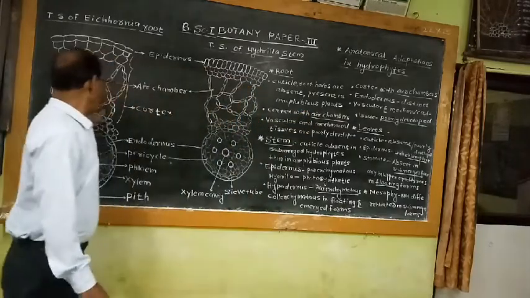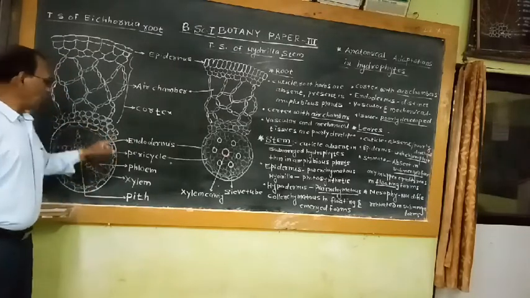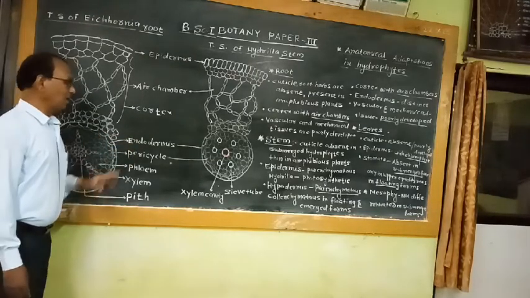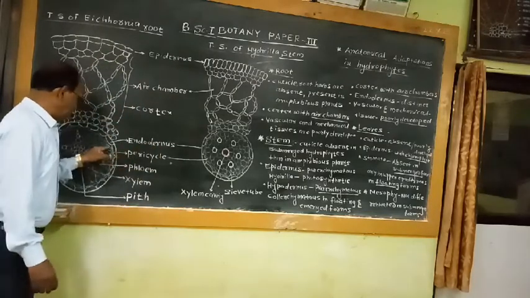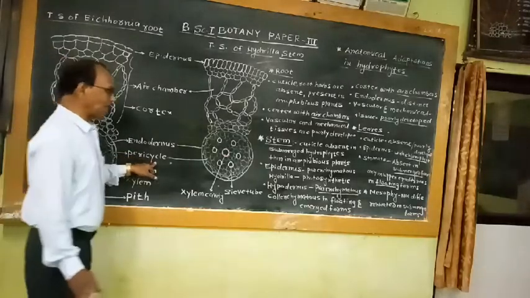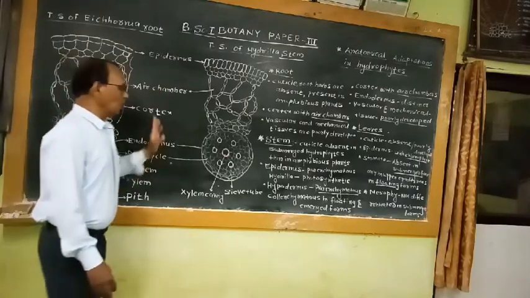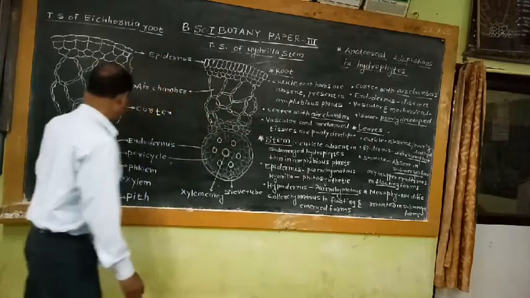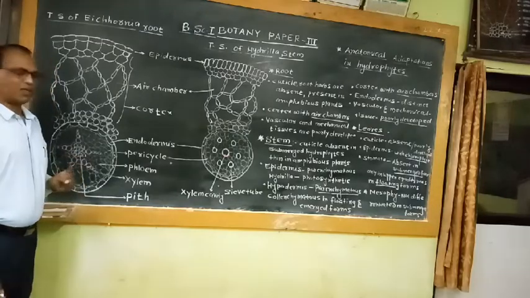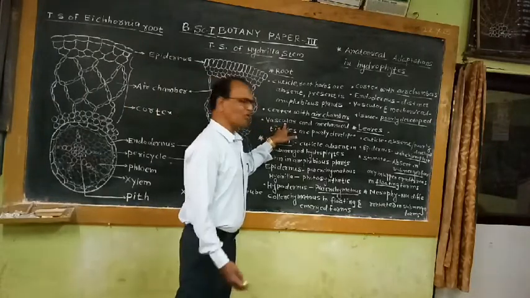Then the innermost layer of the cortex is commonly known as the endodermis. It is a necklace-like layer made up of barrel-shaped or tubular, thin-walled living parenchyma cells. The endodermis is followed by thin-walled, compactly arranged cells, commonly known as pericycle. The endodermis and pericycle layers are distinct. The pericycle layer encloses the actual conducting tissues in the form of xylem bundles as well as phloem bundles. Xylem and phloem, the vascular tissues, are also known as conducting tissues.